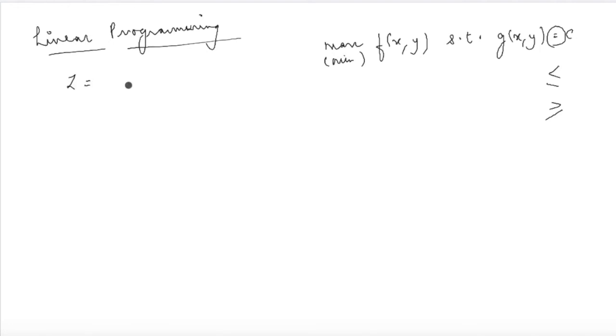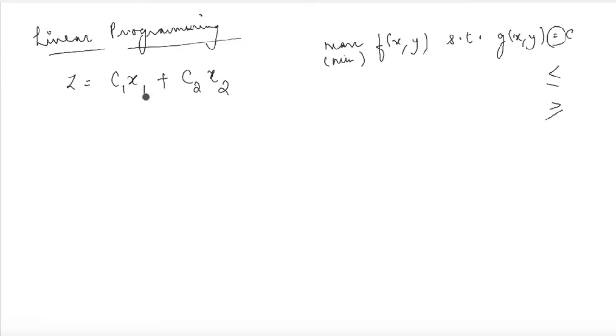So the objective function, or the function that has to be maximized or minimized, is called the criteria function here. Say we are talking about two variables, where we have to make decisions on two variables. So there are two decision variables, and most commonly the graphical method is used when you have two decision variables. If you have more than two decision variables, then it becomes difficult to solve linear programming questions using the graphical method, because then your graph will become more complicated and you'll have more dimensions in your graph. So for the graphical method, we most commonly use cases where we have two decision variables.